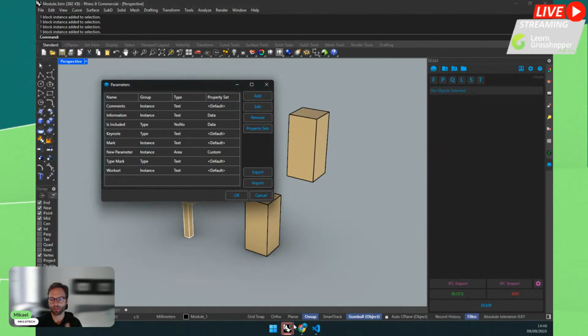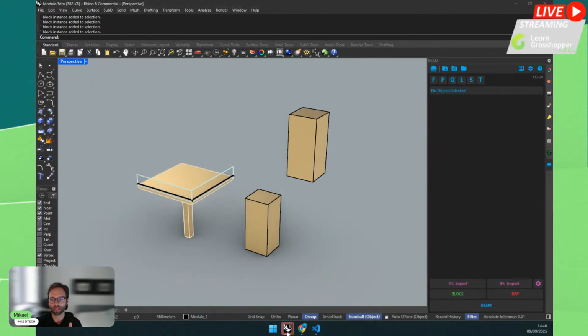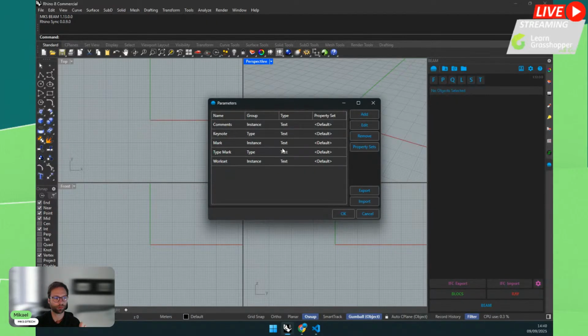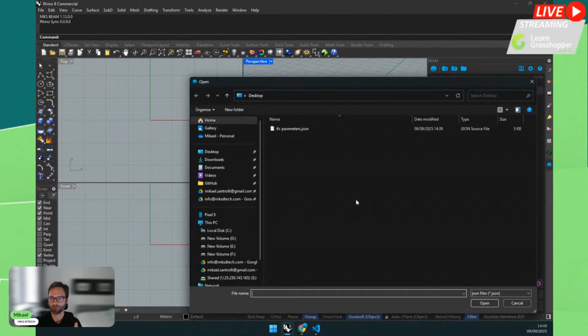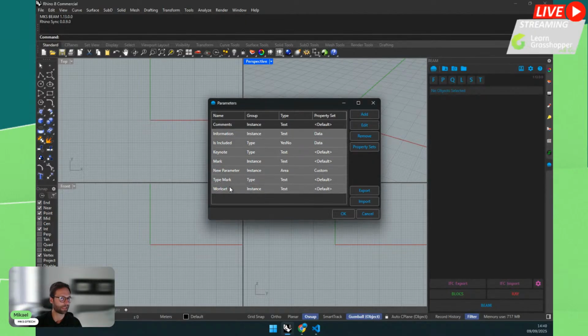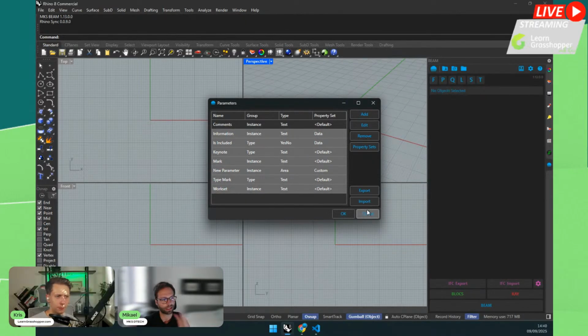So maybe you always have your template document and you have a blank new file. You can see there are no parameters here, but if I go to import, now it's completed and I have the exact same parameters imported. So it's easy to just create a template. Of course, if you save the Rhino file, these parameters will be saved in the Rhino file, but in case you want to add them to another file, you can export them and add them, so you don't have to go through the process all of the time.